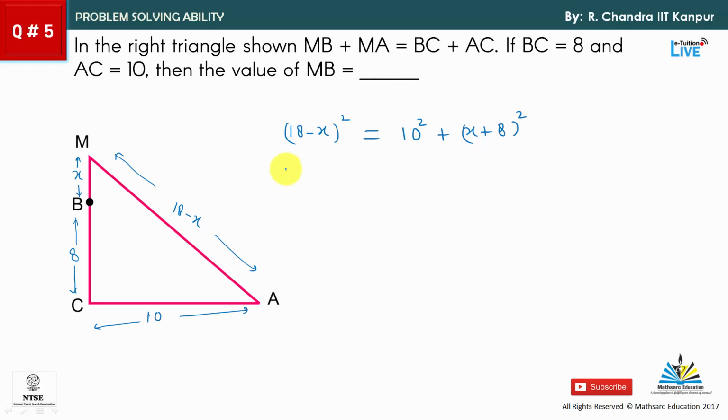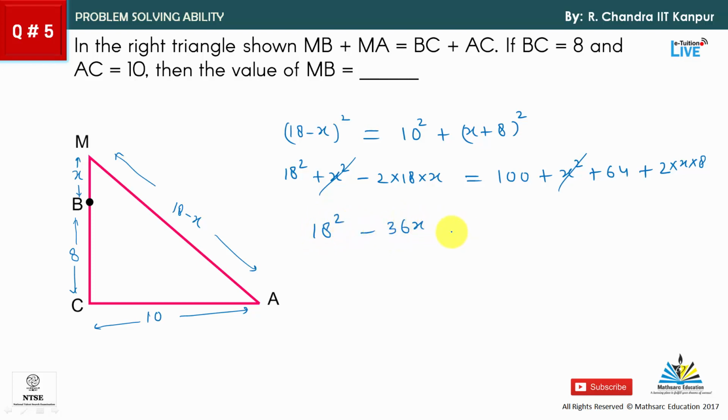So this is 18 square plus X square minus 2 into 18 into X is equal to 100 plus X square plus 64 plus 2 into X into 8. So you can cancel this. Then we have 18 square minus 36x is equal to